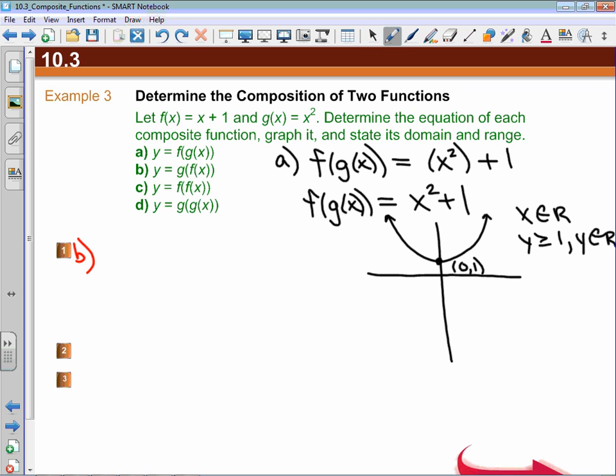For b, it wants us to figure out what g of f of x is. So g of f of x, I'm going to take function g, which is x squared, but it's not x anymore, it's function f. So that's going to be (x plus 1) squared. Now, a lot of students will see that (x plus 1) squared, and they'll want to expand it. They'll want to write it as x squared plus 2x plus 1, and that's not wrong. (x plus 1) squared does expand into x squared plus 2x plus 1, but it's actually much better to leave